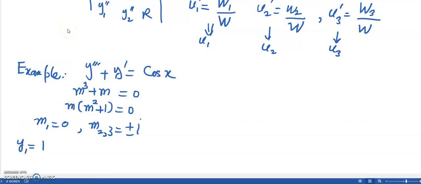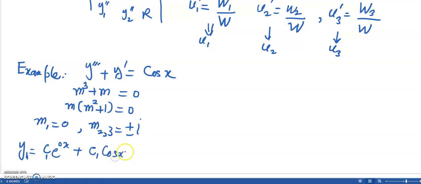Yeah, so we were doing this third order equation by the variation of parameters method. For this characteristic equation, the solution is, let me write the solution first. For the homogeneous part, YH will be equal to C1 e power 0x, because it is 0 over here, and then these are complex, so their parts, so therefore I can choose C2 cosine of x plus